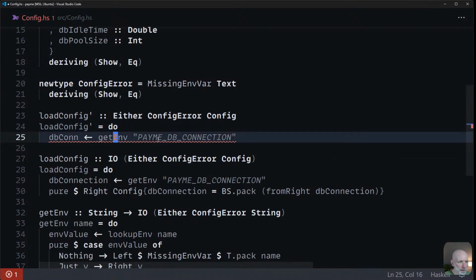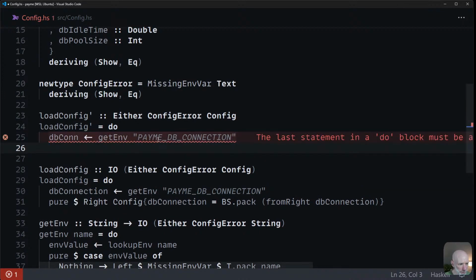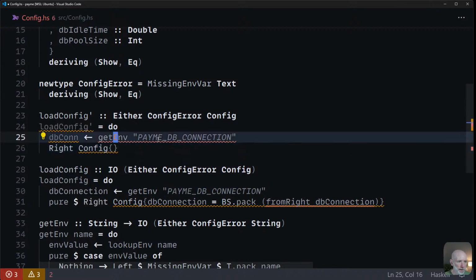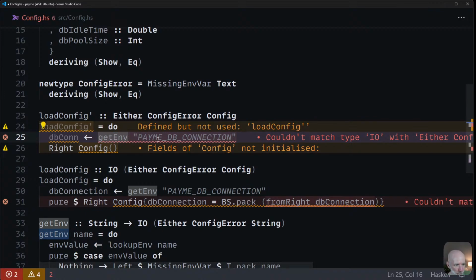What I'm going to do at that point, then if this was left, then I don't think it would continue, but if it was right, then it would run the next statement, which could be something like pure of, oh no, not pure, because I'm saying it's right of config. Something like that. But I can't, because getEnv is running under IO. It returns, I don't know,